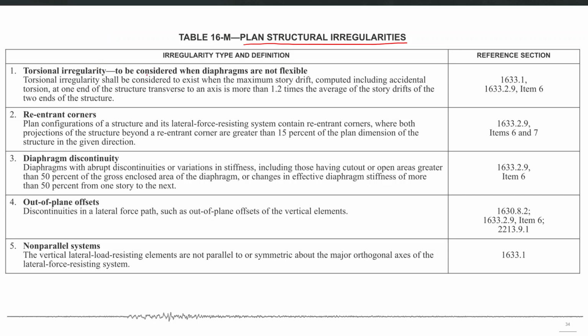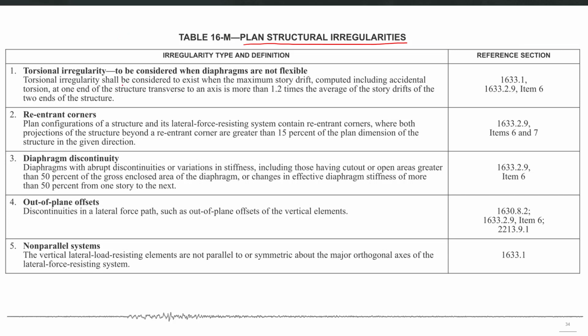If you are using the rigid diaphragm assumption, then you should consider that irregularity, because in that case the whole diaphragm will move together and the equivalent lateral force procedure will be applied to the center of mass of those diaphragms. And if there is a significant eccentricity between the center of mass and center of rigidity, those seismic forces will result in the development of significant torsional moments in those diaphragms.